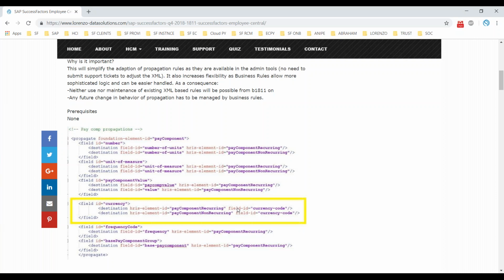Even before 2016, we had a different way of handling this. Before 2015 we had a different way of handling the XML, and after 2015 quarter 2, a different way of configuring this HRIS propagation. Both I will explain, and I will explain the latest version also. But remember,